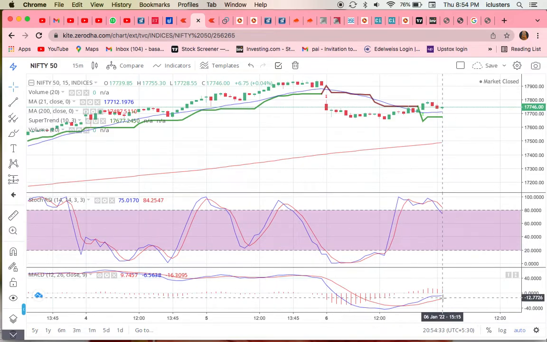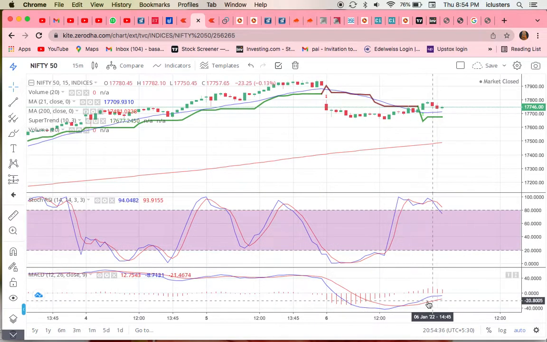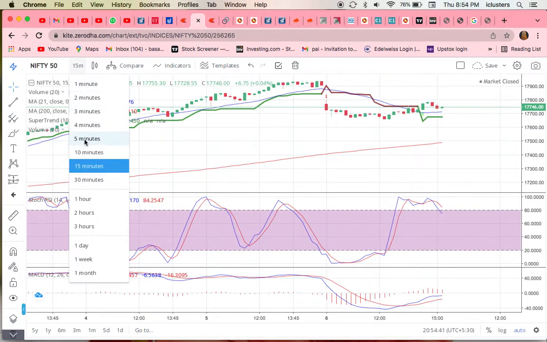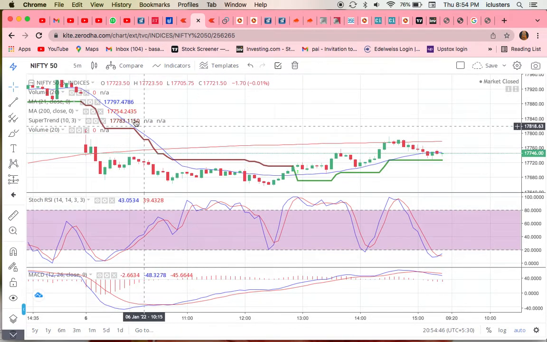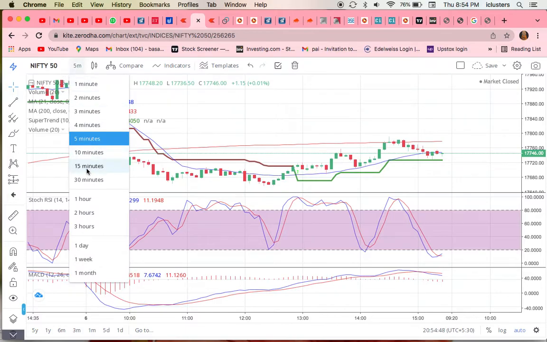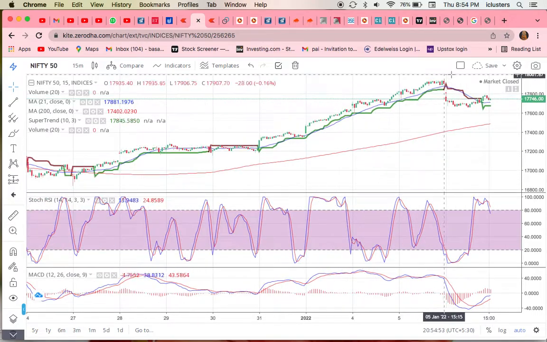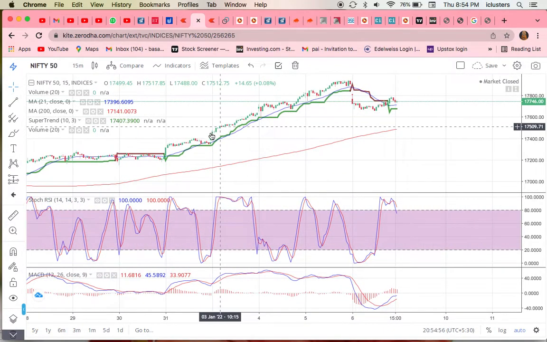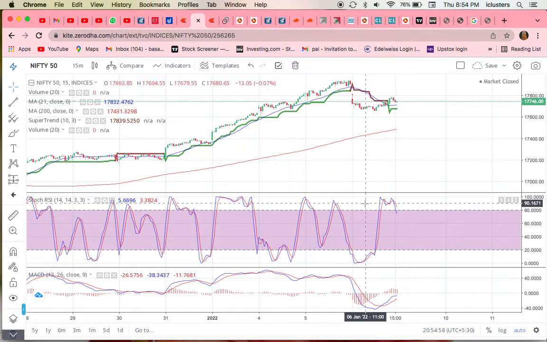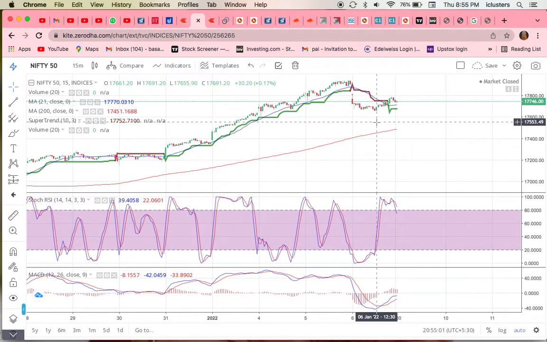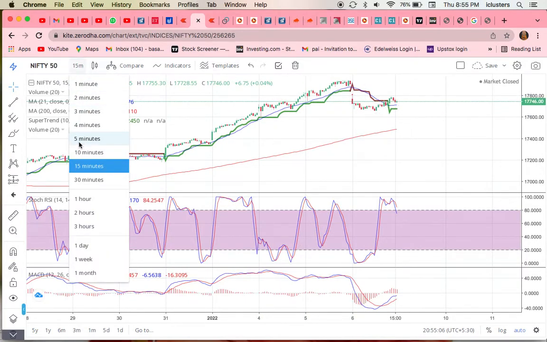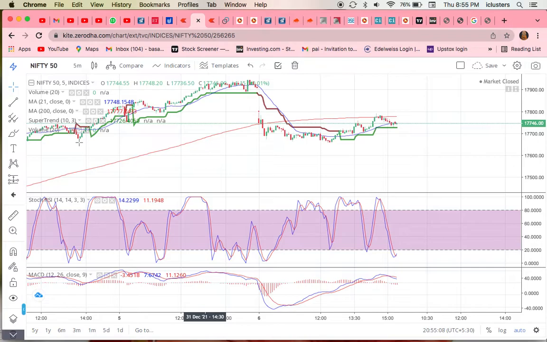Because the time frame confuses us, moving averages and indicators all change according to the time frame. Okay, we need to use 15 minutes or 5 minutes. We need to use 15 minutes only, because the 15 minute time frame will give you the best indicator signals when you need to analyze or find any patterns. Also, if you need to do any technical analysis, you need to use the 15 minute candle, and the 5 minute candle can also be used for intraday when we are going to take entries.